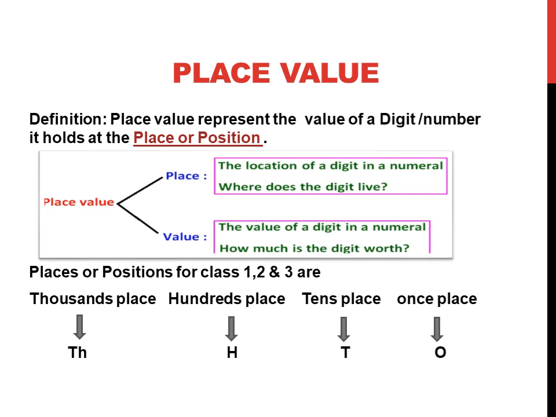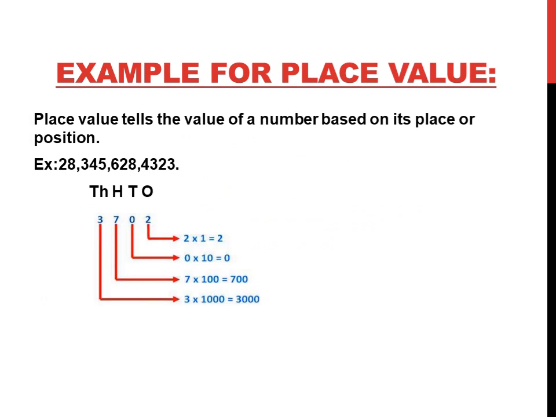When you assign place value for any number, you must start from ones place to tens place, then tens place to hundreds place, hundreds place to thousands place and so on. Likewise you need to assign the place value for any number. Just have a look at the examples, children.